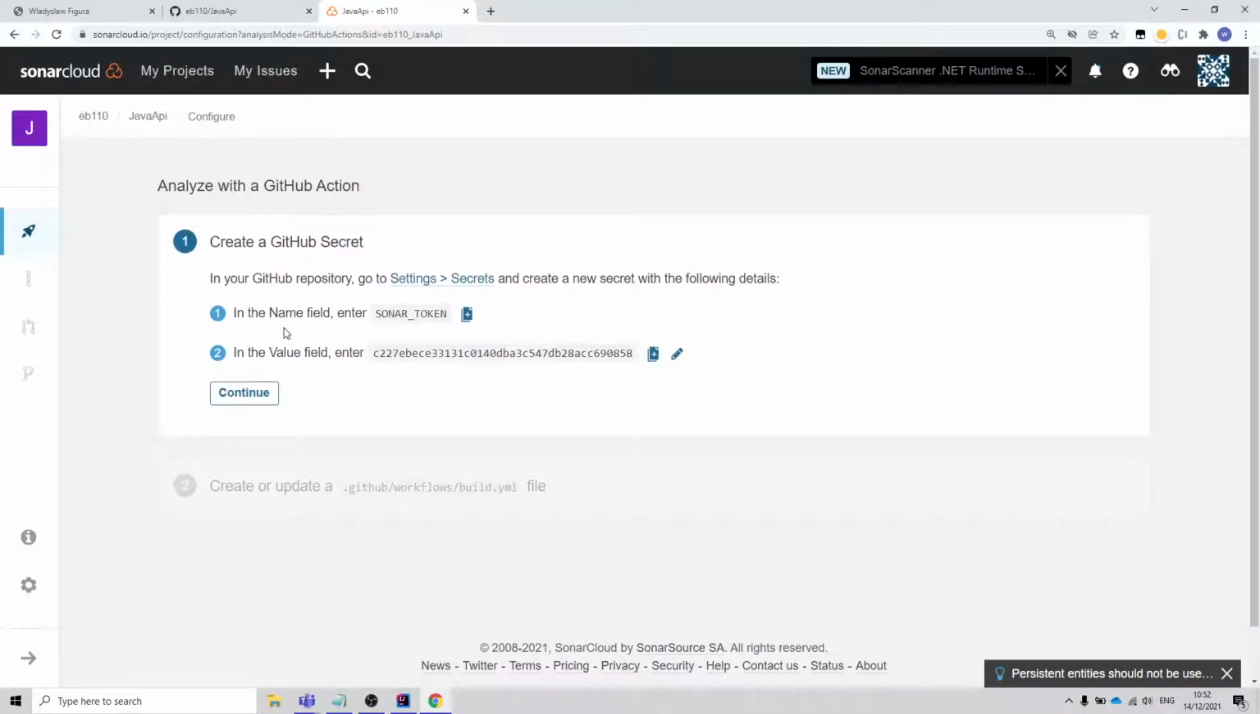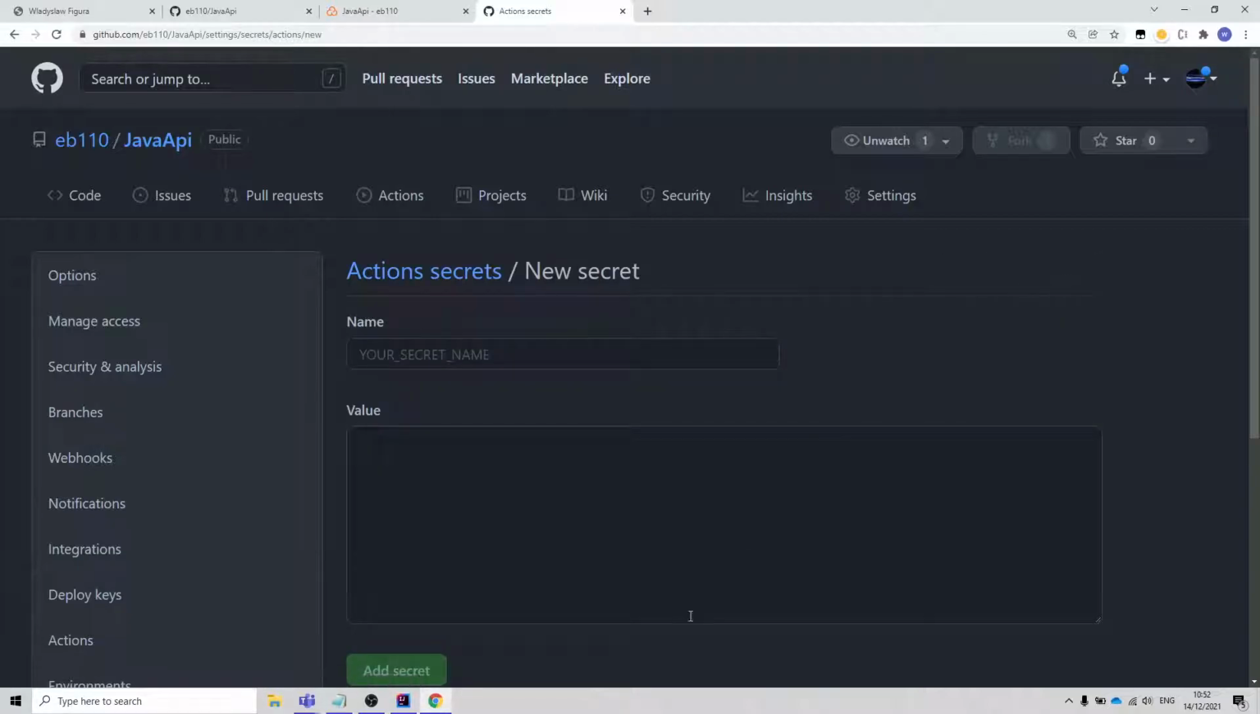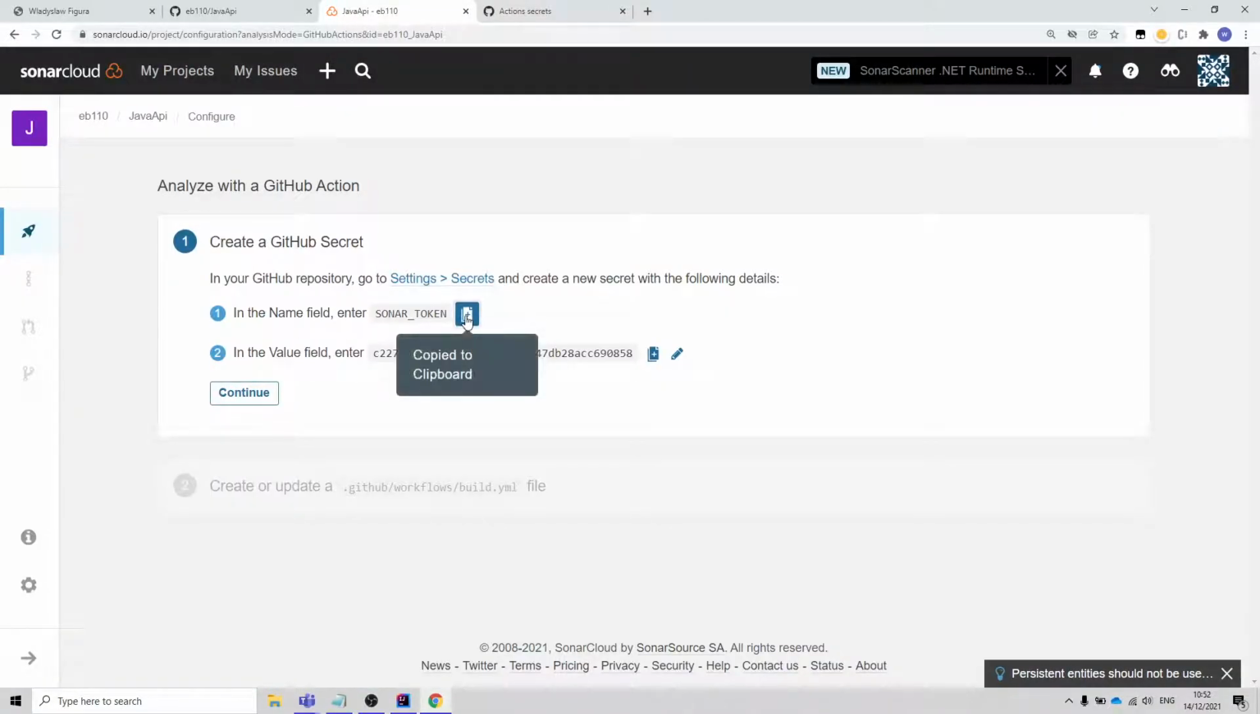Click here, and then you have to establish some sort of secure connection between Sonar Cloud and the remote repository project. So click here, and as you can see, now we are in our Java API repository, and we have to provide a new secret for this very project to be able to connect with Sonar Cloud. So just click name